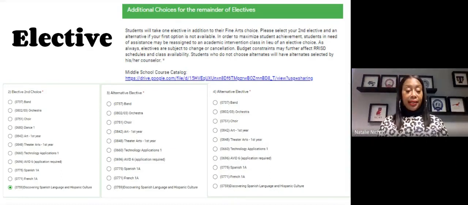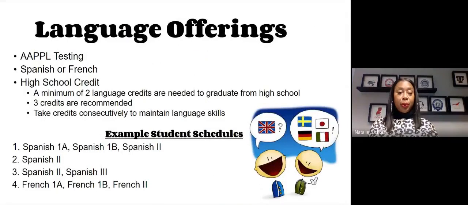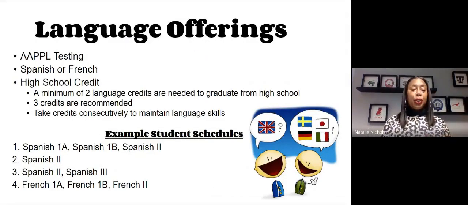And so let's go to the next slide and we can see that a little bit more. So they're able to take an Apple test. And what that test allows them to do is, depending on how they score, they can earn 1 year's worth of credit.